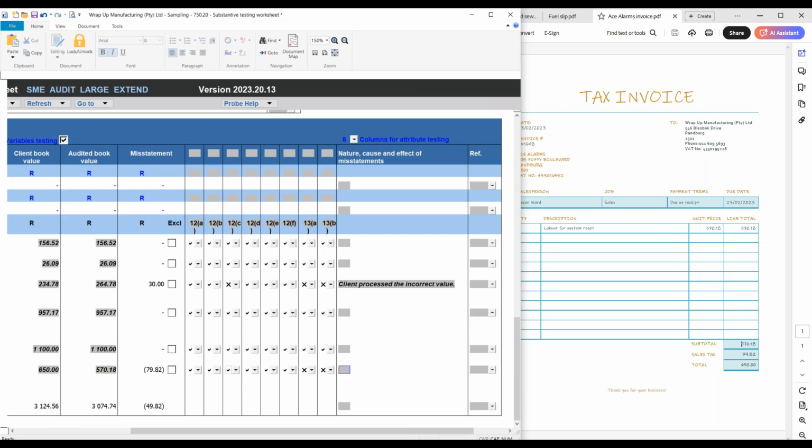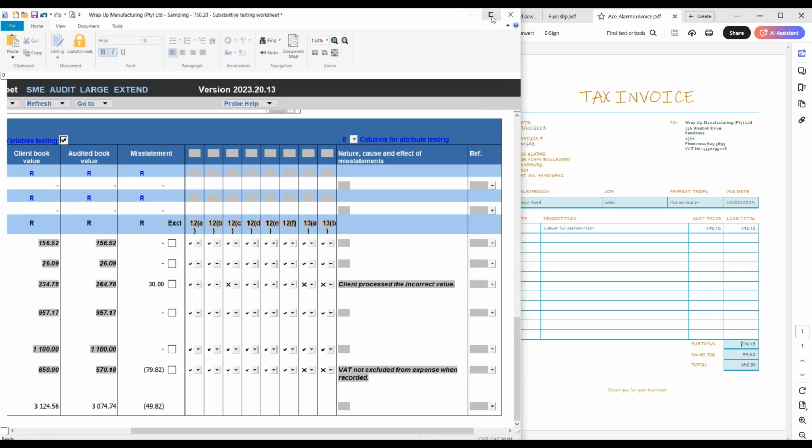And then I will just put in a description there to say VAT, sorry, I'm clearly on caps lock now, VAT not excluded from expense when recorded, something like that. All right. I will then, in terms of the nature and the cause and effect of these misstatements, go and consider if these are anomalies. If they are anomalies, I've got this exclusion column, just to click there, which will then basically exclude it from the total, and this total is then used to